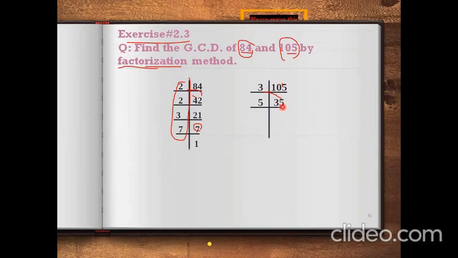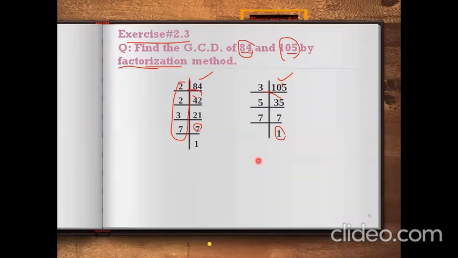Okay. So you will pick the least number first. So 5 is the least as compared to 7. So 5 into 7 is 35, and 7 into 1 is 7. Now at the end you will get quotient 1 here, so you will stop. So you will say that this is the factorization method, in which you will find out the factors of the given number individually. This is the factorization method.